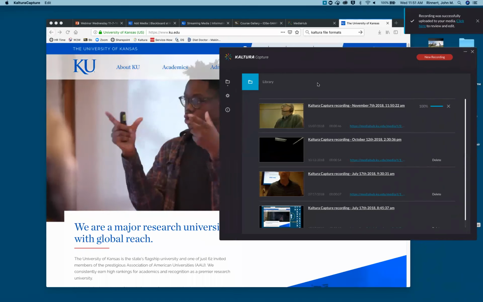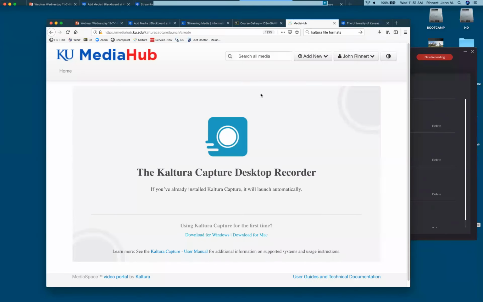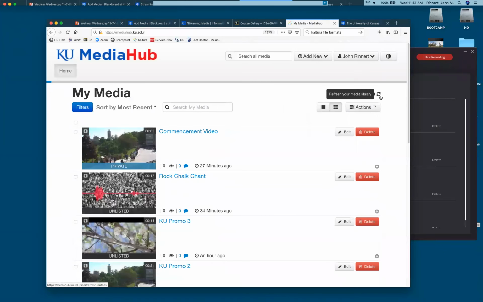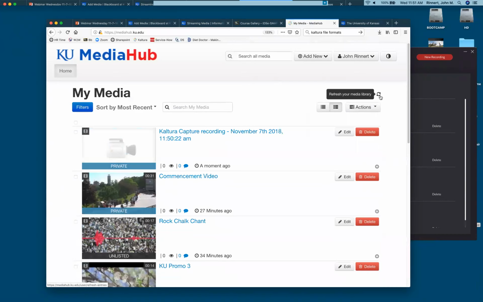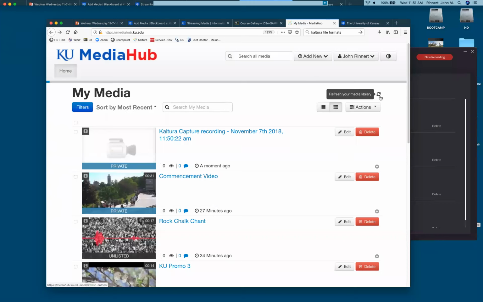So I'm not stuck in MediaHub by any means. If I go to MediaHub now, there should be an entry for this. If I hit refresh here, there's a little refresh button, and you can see now that it is transcoding. Since I talked for a few seconds, it'll take a little time, but that should be ready in just a few minutes.